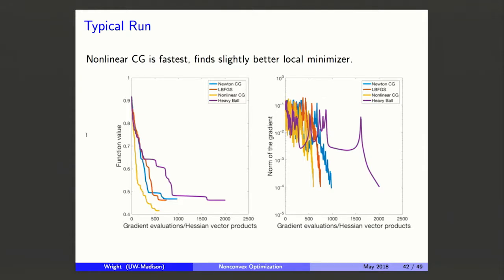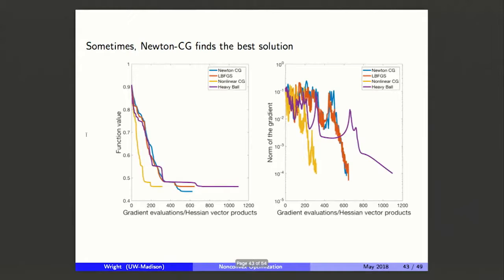Also nonlinear CG, which is the yellow line, tended to converge faster. So this is the gradient norm. So it tended to go faster. We are somewhat similar to LBFGS, and heavy ball is somewhat slower, okay? And gradient descent is really slow. Now, not always. There were some cases where Newton CG does find a better local solution and has similar performance to